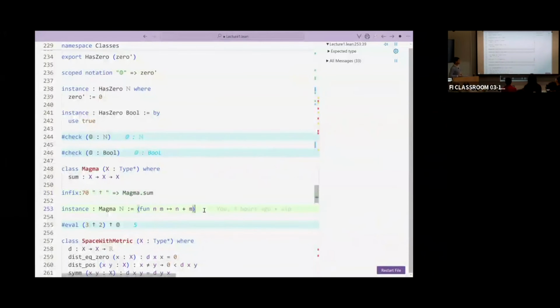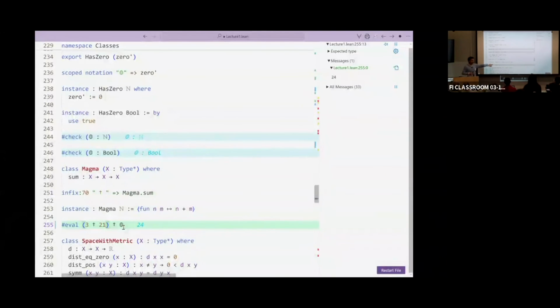Then instead of defining the magma structure on Nat, I'm declaring it as an instance. So not only am I declaring a term, but I'm also recording this term in my database. And now I can try to evaluate 3 dagger 2 dagger 0. And it is happy. And not only is it happy, it gives me the right answer. It's really true. I mean, if I change it to 21, it's still the right answer.